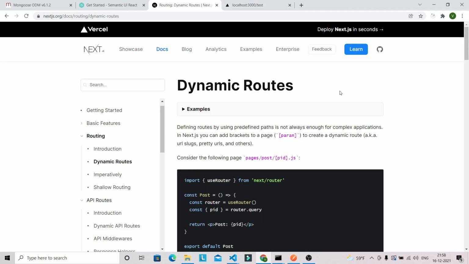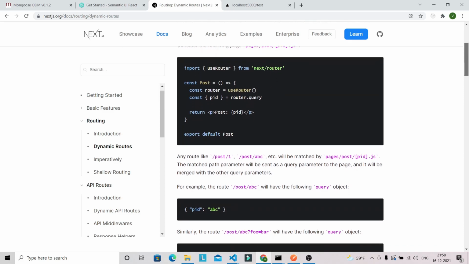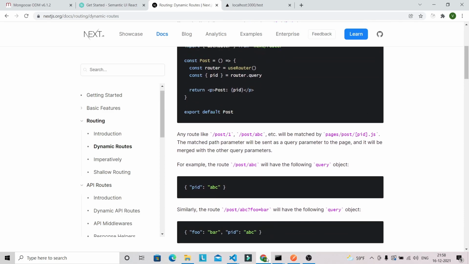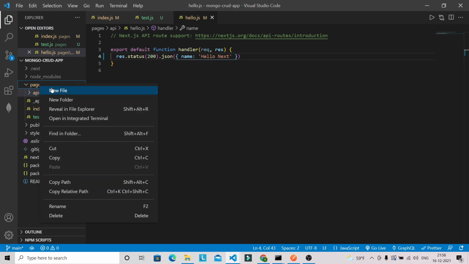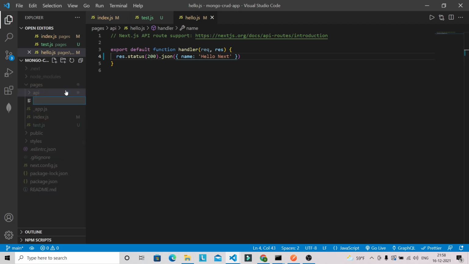And guys, you can also create a dynamic route. So how can you create this one? Let's go into VS Code, and if you want to create a dynamic route, you have to create the file this way, id.js.